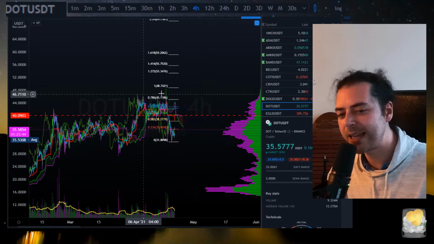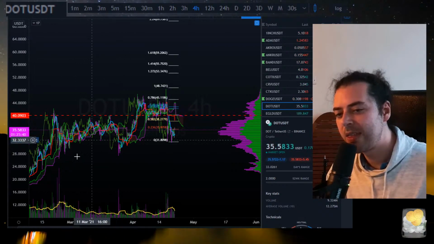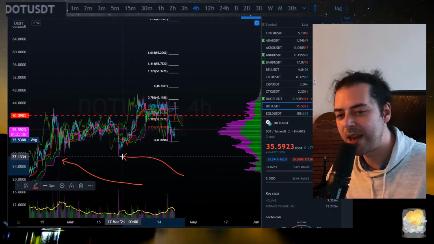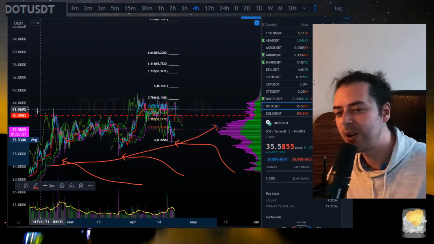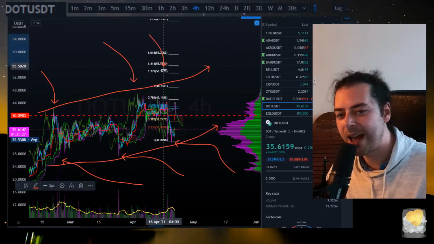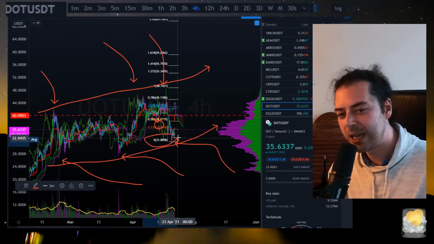Obviously a lovely classic Bart formation in here, but we didn't take our market structure lows overall. This is the benefit of putting in a low there, then a higher low just there, and a higher low just there, giving you the ability to say overall we're going in for highs, having put in a higher high there, a higher high there, and a higher high just there, even though of course you've got Bart Simpson in here saying